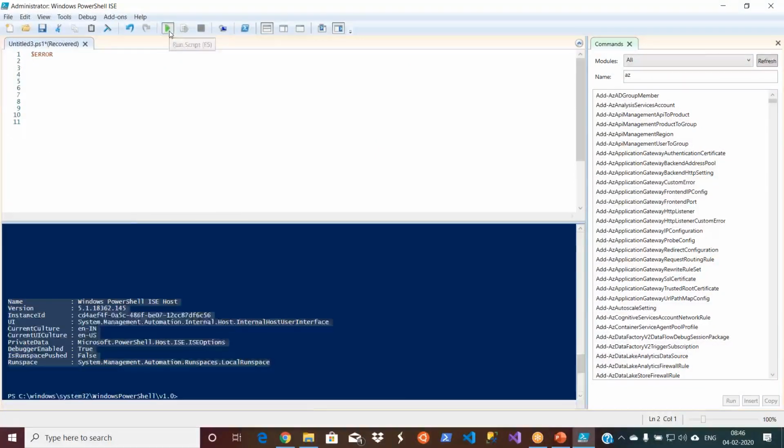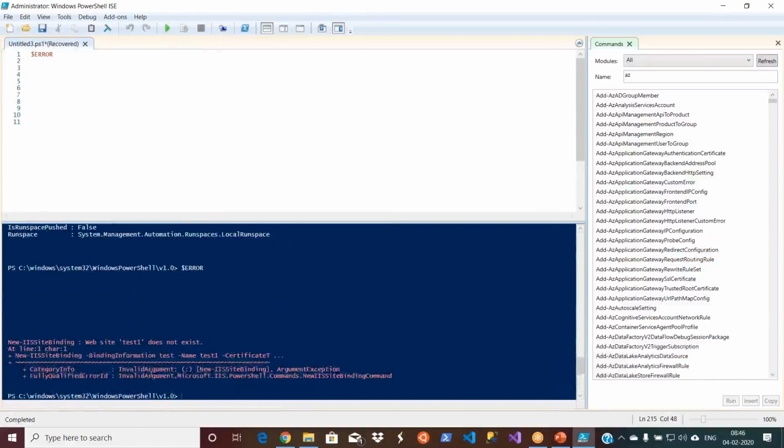Right now, see, I executed this script, the New-Website creation, some 10-15 minutes ago. After that, I executed many other commands. But when I use $error, it is giving me the last error. Whatever is the last error that happened on my system, it is giving me that one.